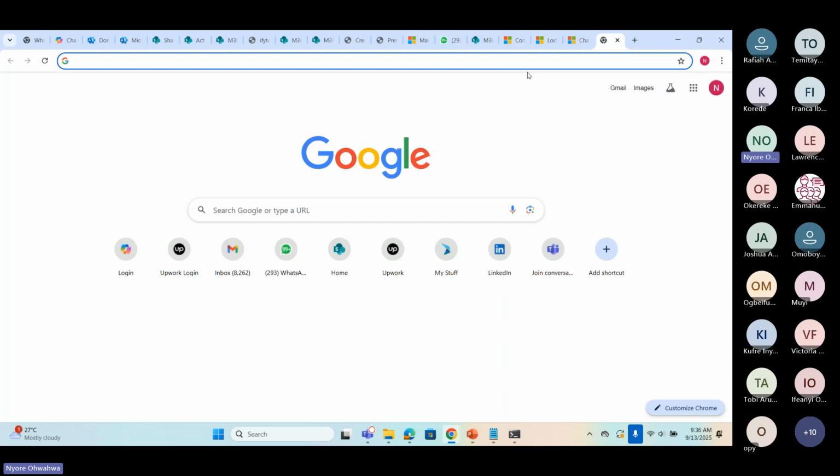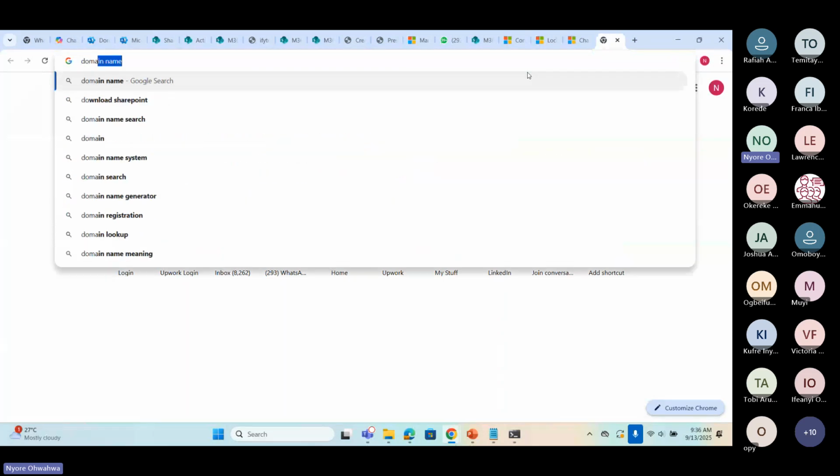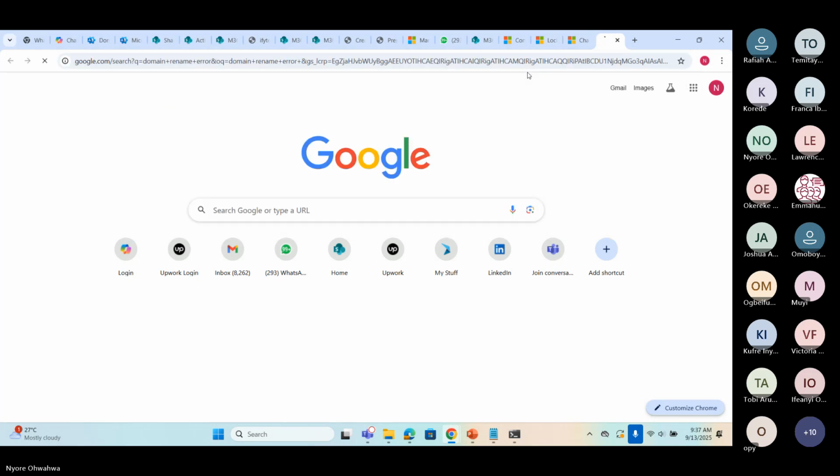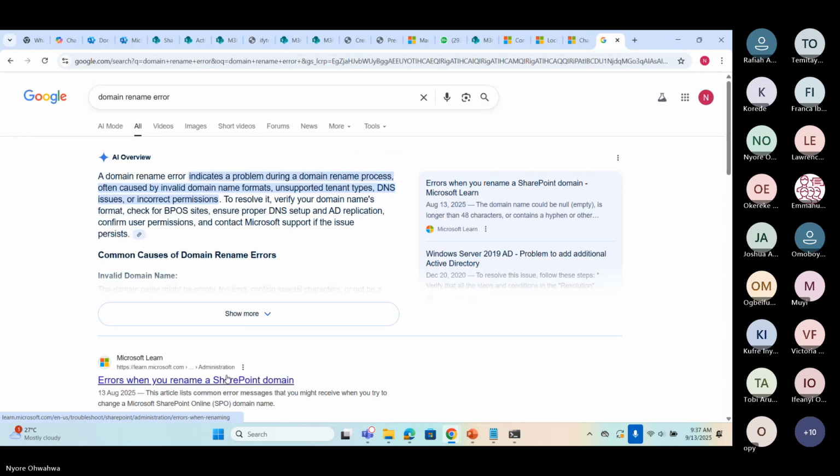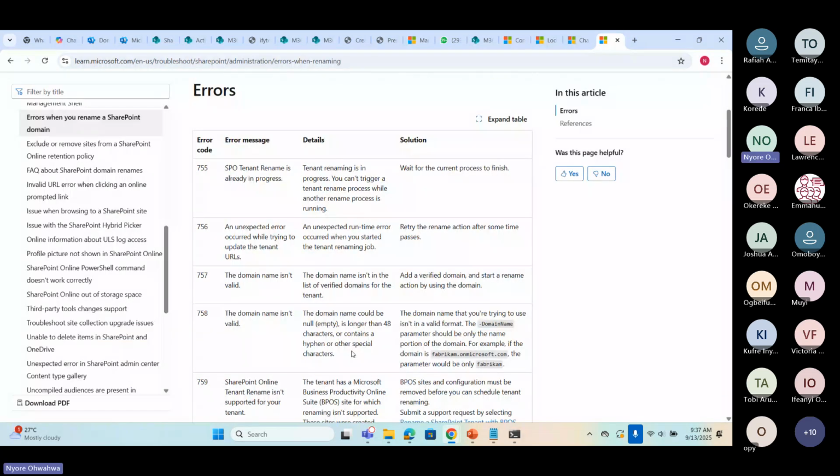Let me say domain rename error. So these are different errors that people get when they're trying to rename a domain.